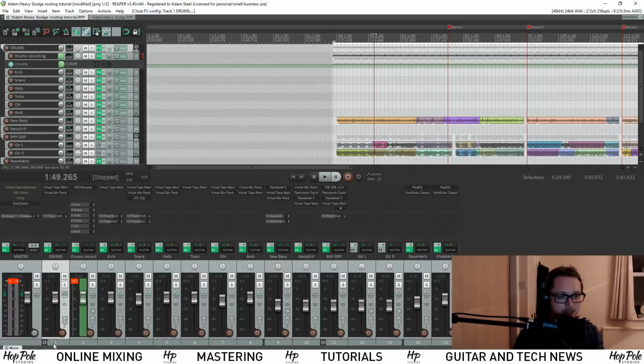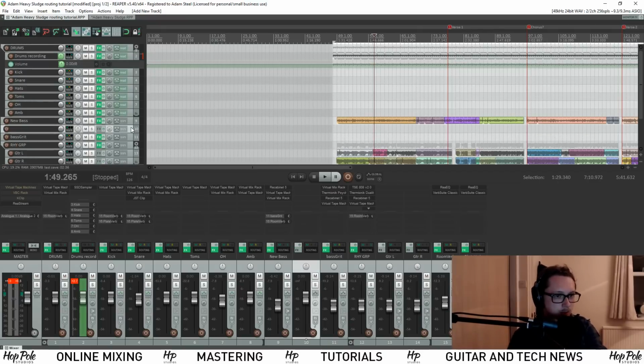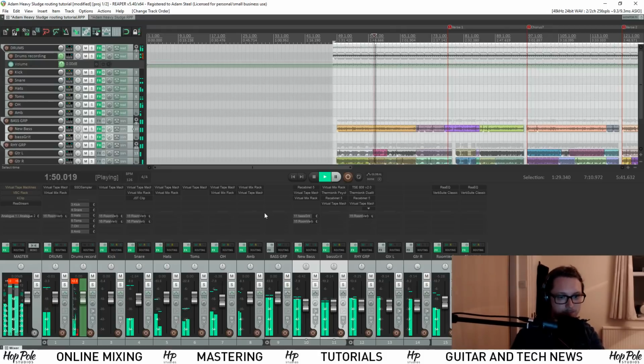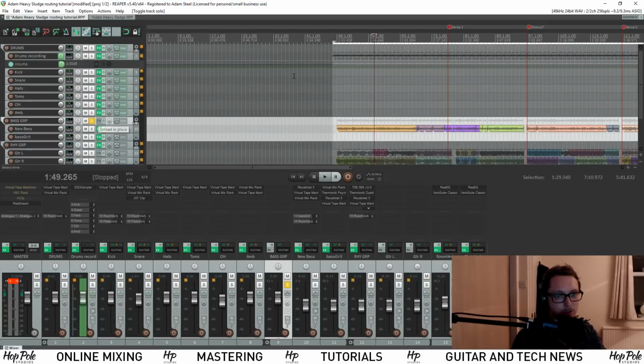Now, there's a nice little trick as well. Let's make a new channel and call this bass group. Because there's 2 bass tracks here and they're not in a folder. So if I just shift and click them and move them up into that new thing, that won't affect the sound because nothing's changed. But if I solo that bass group folder that we made,